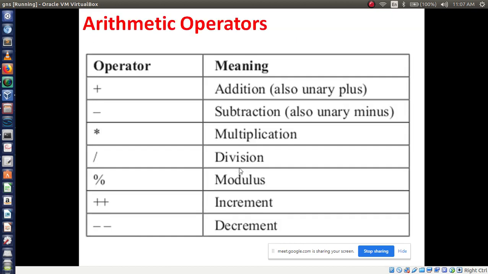You can refer to this slide, arithmetic operators.